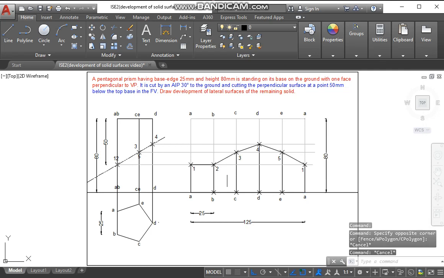So the portion in the thick line will be the development of the surface of the remaining solid after the section is cutting the pentagonal prism. So this is the development of lateral surface of the remaining solid, that is of the pentagonal prism. Thank you.